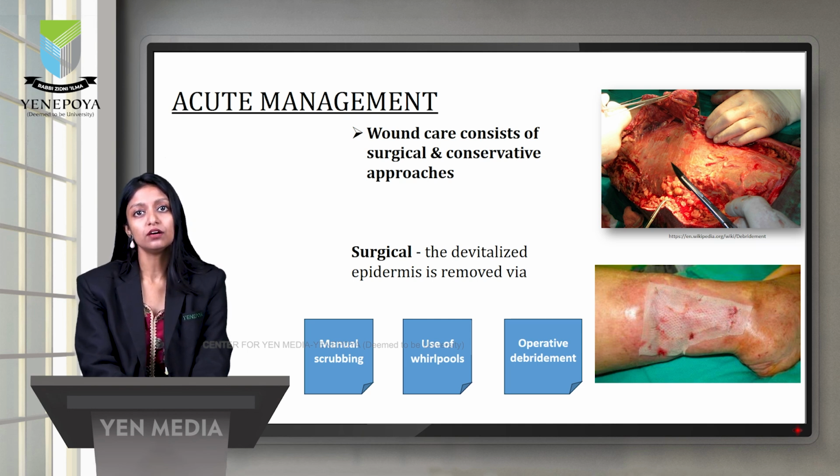formed. Then there will be use of whirlpools. What is that? It will be a machine containing both temperature and motion control. So we can gently put the part or area of the body involved in that machine so that warm water can gently swirl away all the dead skin cells. Then there will be operative debridement, which usually involves use of scalpels and other tools to remove the dead skin